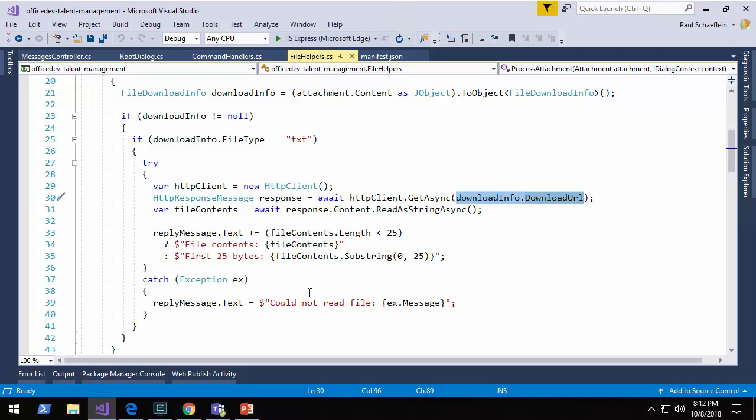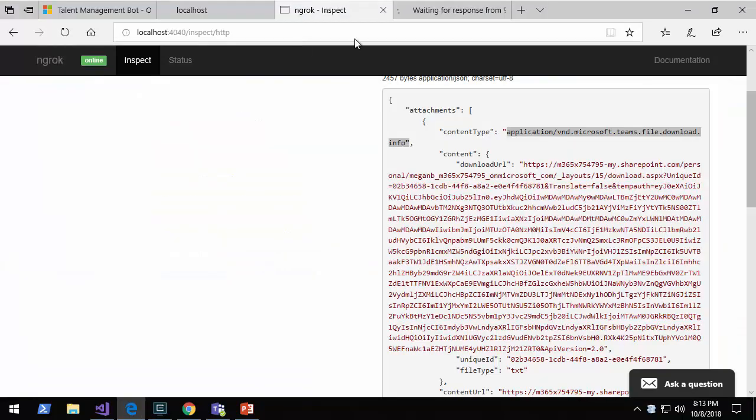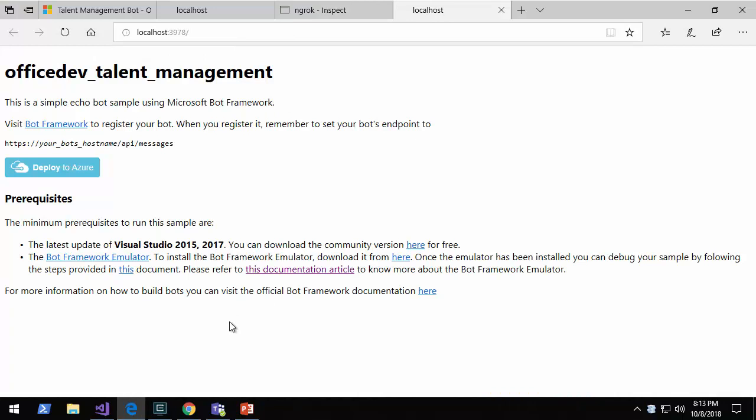Obviously, a more full-featured bot would do something more with the attachment. But again, I get an attachment. I want to check that the attachment type is a file download, and then based on the file type information that's provided, I can act accordingly. So I'm going to restart my bot here, or my bot code, so I can go back and show about having the bot send the message